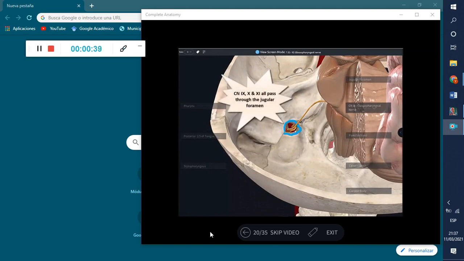It leaves the cranium actually together with cranial nerve 10 and 11 as well. So 3 cranial nerves pass through the jugular foramen. It'll be 9, 10, and 11. So glossopharyngeal, vagus, and accessory. At this foramen there are